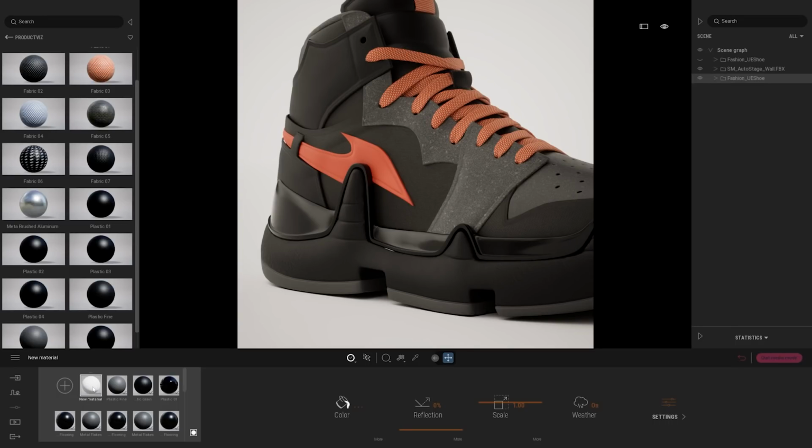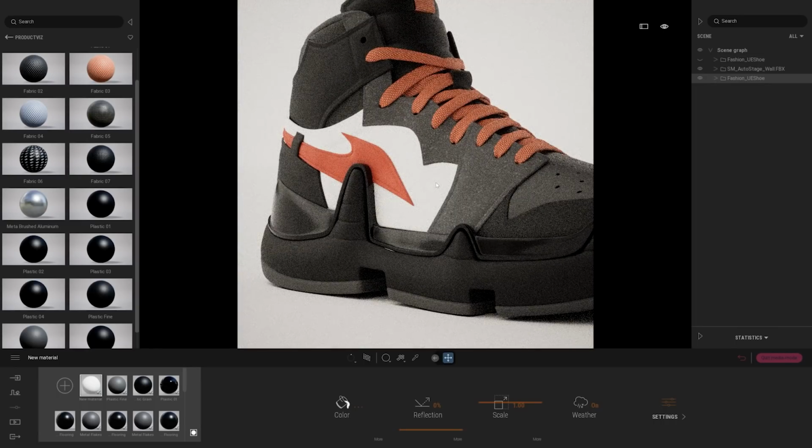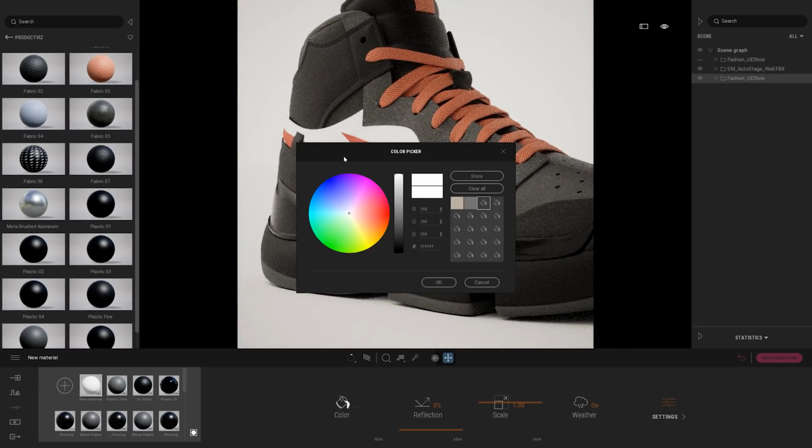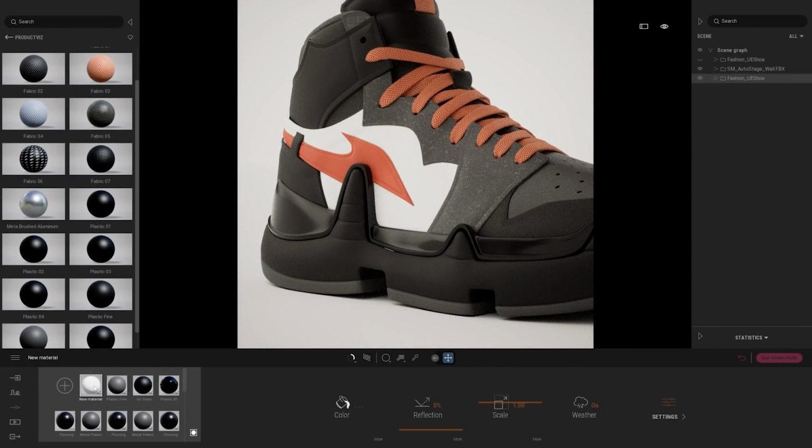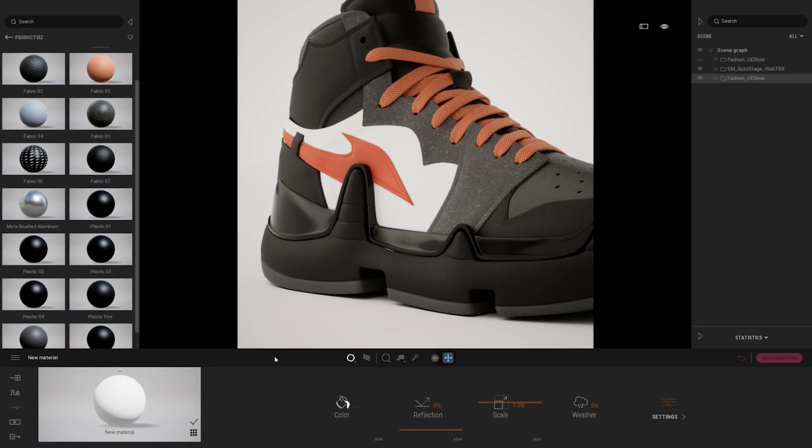The new material right now is assigned to nothing, so if I make some changes I won't be able to visualize them. So for that I'm going to first drag and drop that material onto one part of my shoe, like the side over here. Now if I change something, like the color, I can see the effect in my viewport and not on that small thumbnail over here. So on that new material, what I want to do is actually load a texture. For that I'm going to the more section, here we have a texture control, and I will load my own texture.